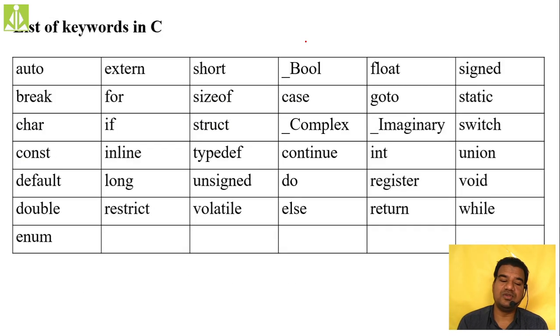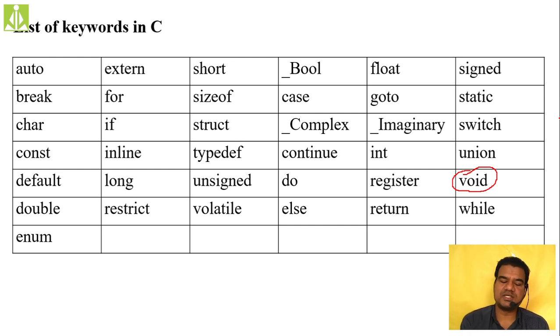Just go and see in your keywords list, we do have void over here. See, here we have the void. So now we are learning this keyword void. The void keyword. Out of 37 keywords, we are getting the meaning, the syntax, and the usage of this void now in this session itself.